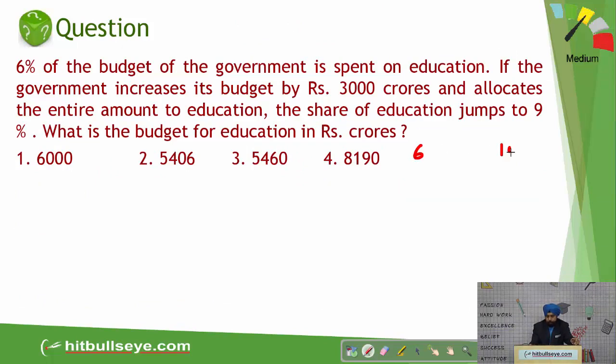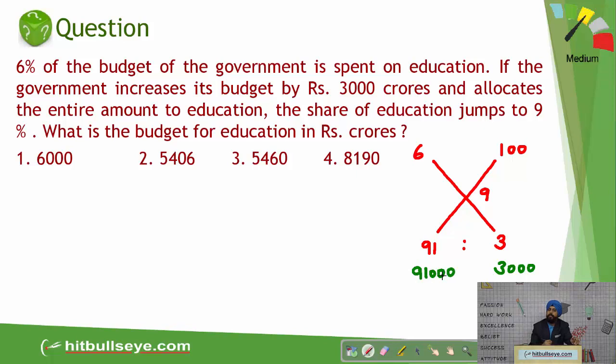It is 6% and 100% finally becomes 9%. So you take the difference, 91:3. The ratio becomes 91:3 only, and you very well know that now 3,000 has been spent on education, the whole amount. So this will come out to be 91,000 straight, and you can calculate the 6%, which will come out to be 5,460. So students, if you know alligation, this becomes a very easy method to answer this. Let's move on to the next question.